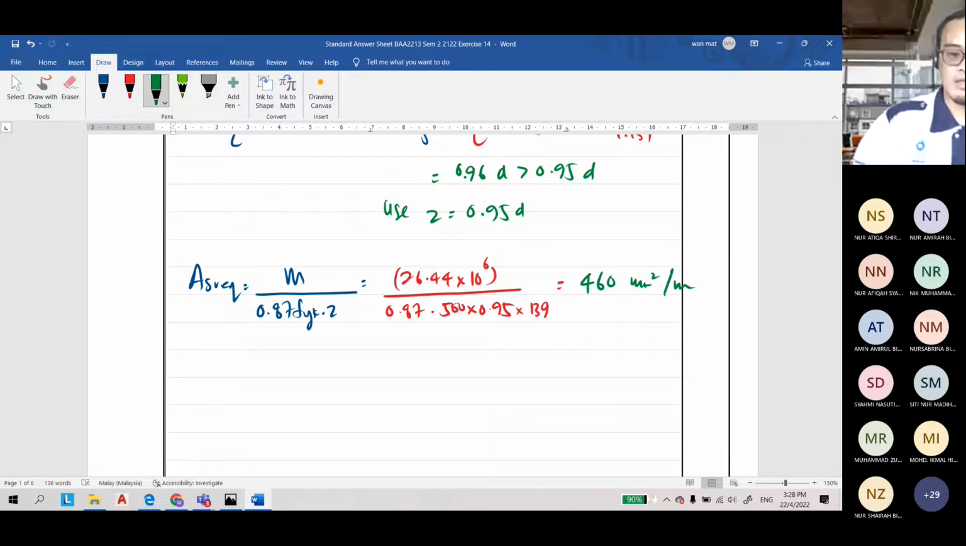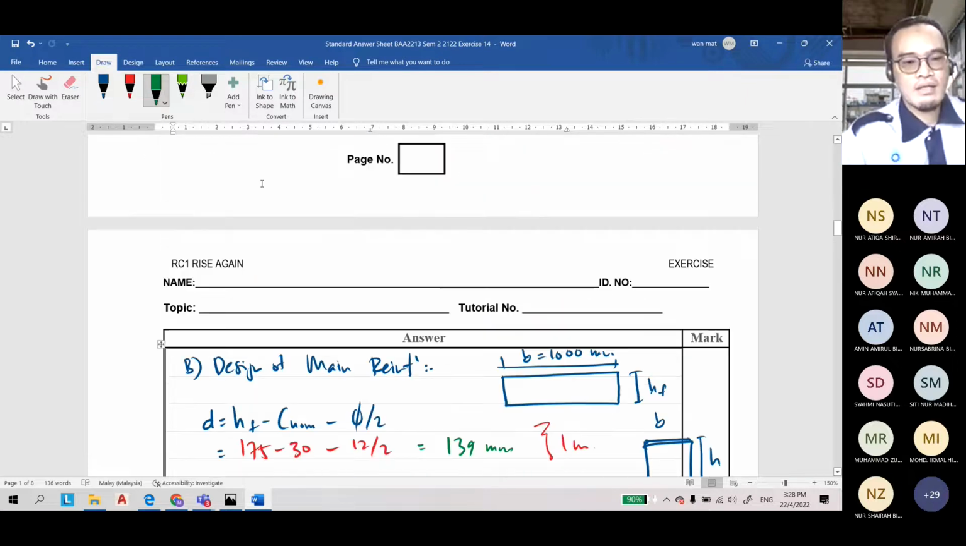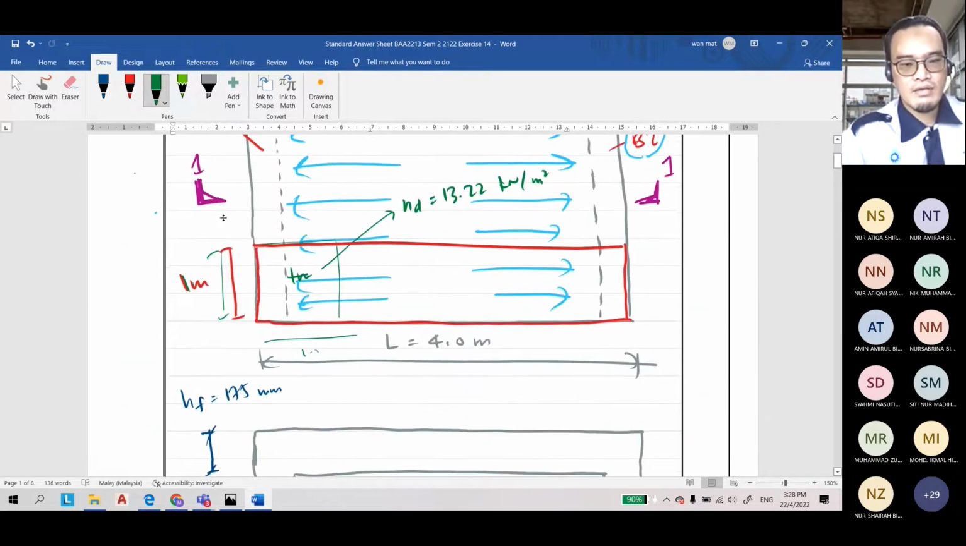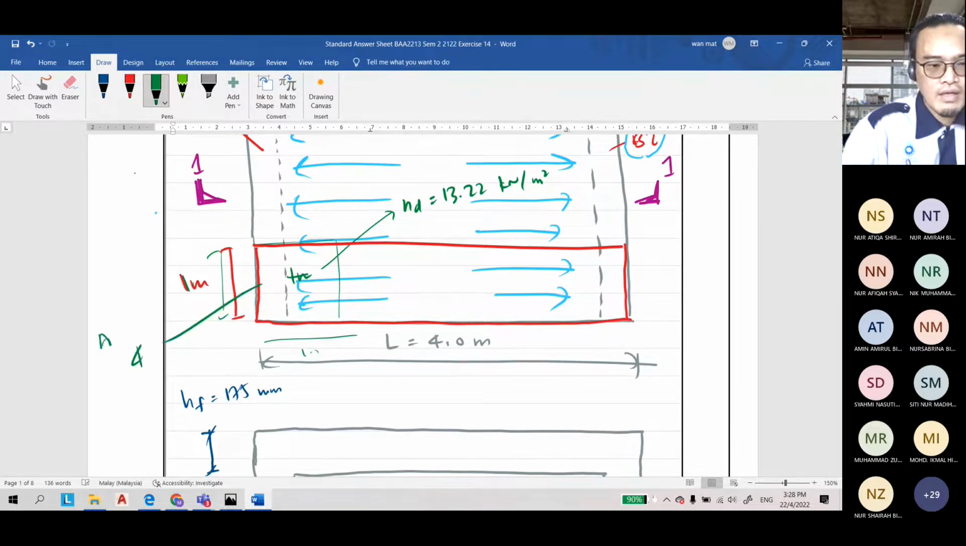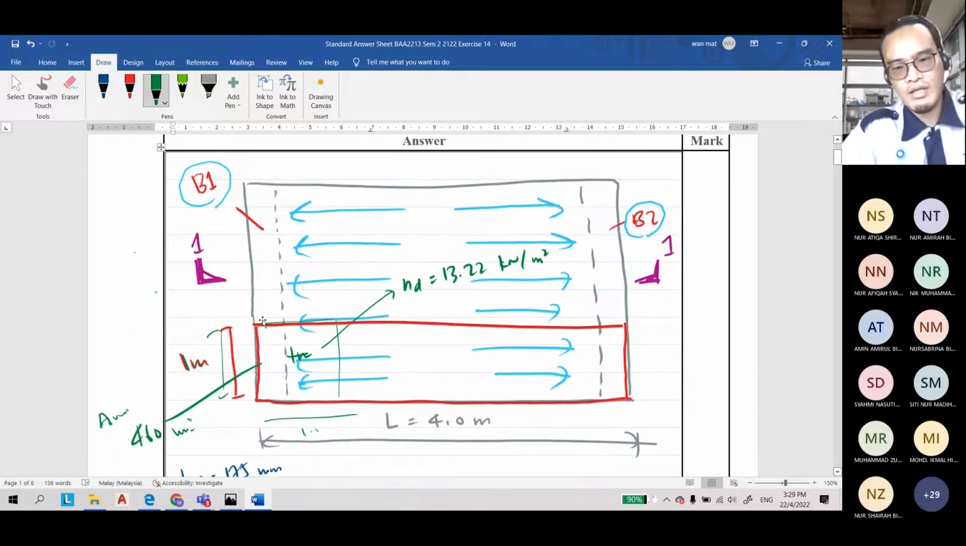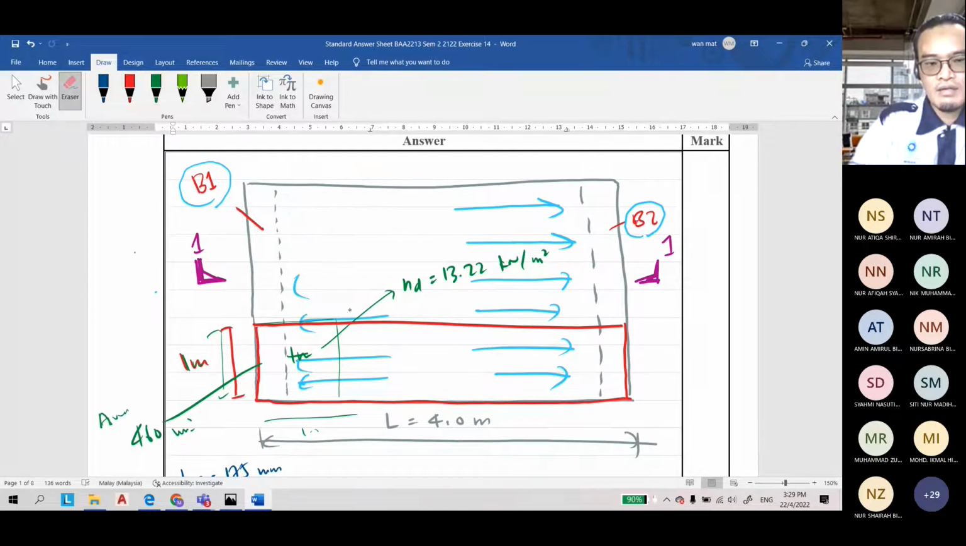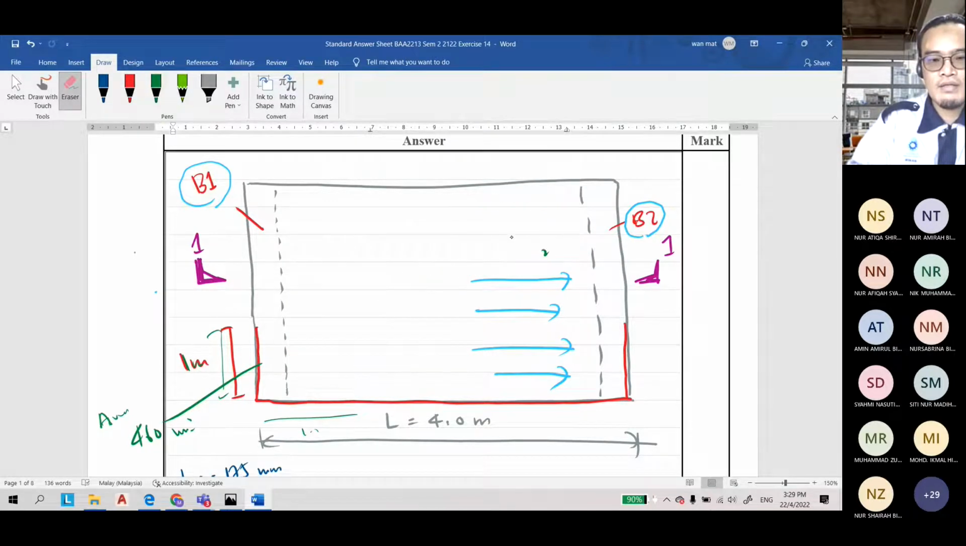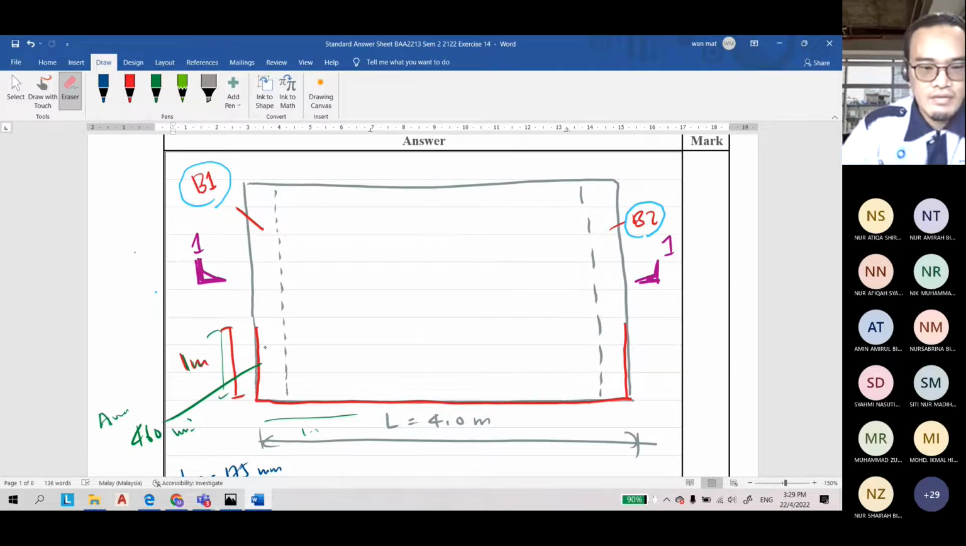That's the unit. For every 1 meter here, As required is 460 millimeter square for every 1 meter. If you have 5 meters, then you will arrange the reinforcement for 5 meters. Okay, I believe I can delete this one, so you can refer to the video later, because I want to draw the detailing here. So for every 1 meter,